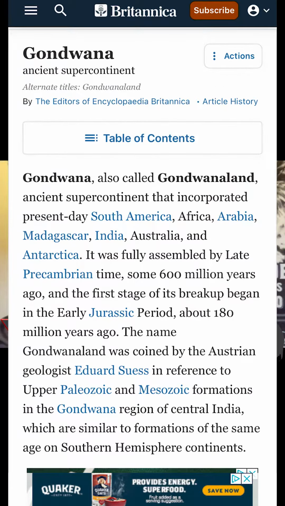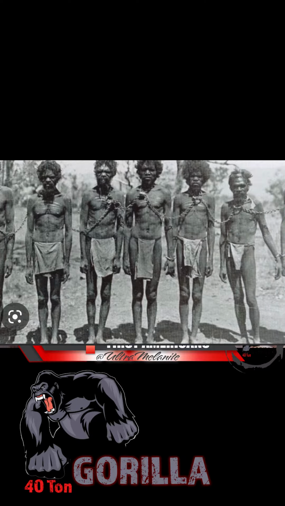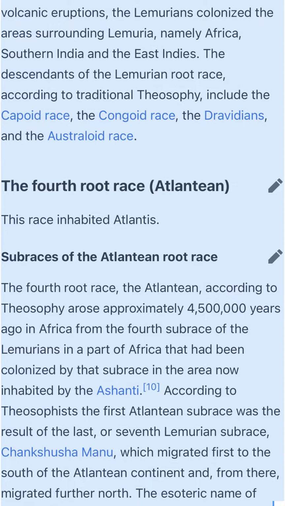Map on the screen in case I forget any of them. All of these are cradles of civilizations. The Lemurian and Atlantean Negro subraces were the Negritos and Negrios, which can later be identified as Capoids, Australoids, Melanesians, Americoids or Amerindians, Neolithics, Dravidians, and Congoids. All of these Negro subraces had dominant features: dark hair, dark skin, dark eyes, and kinky or curly hair.